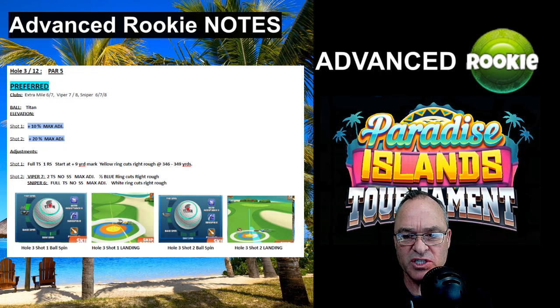If you accomplish that, you're going to then be at plus 20% max adjustment, and you have 2 options here. Viper 7, 2 topspin, no side spin, max adjustment. Half of the blue ring is going to cut the right rough, max adjustment, 20%, hit perfect. Or Sniper 6 or 7 or 8,